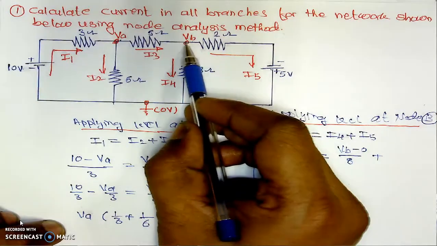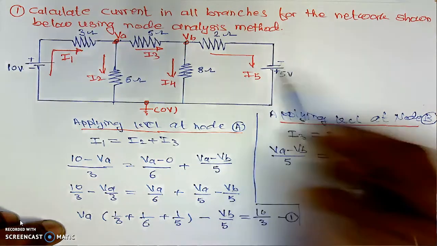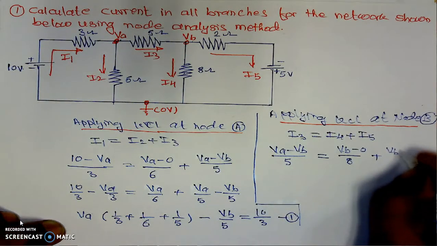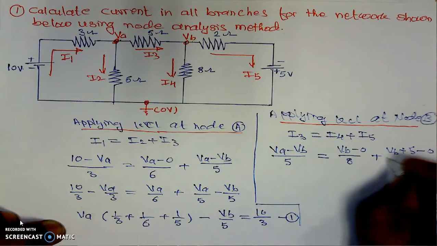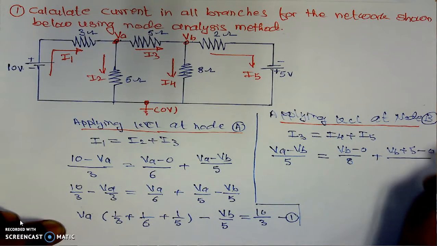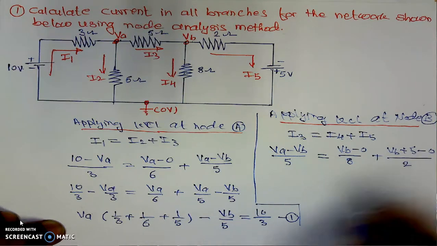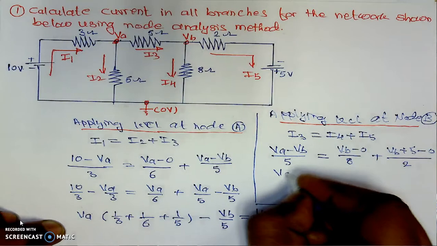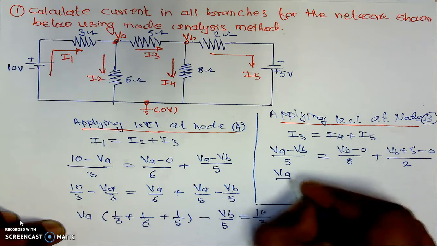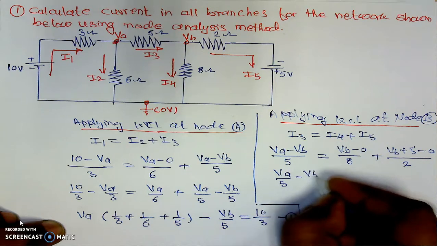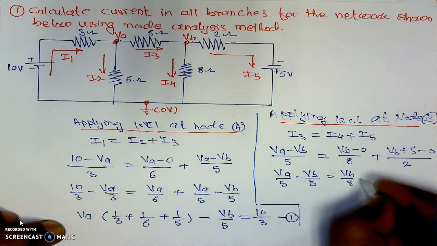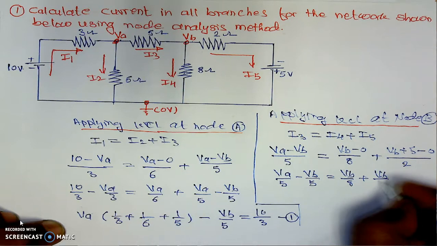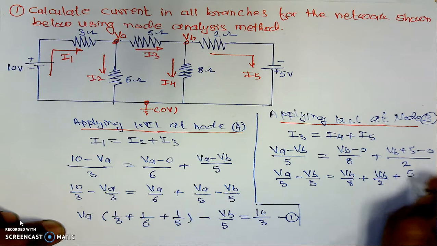Here is the potential VB. We are traveling from negative to positive, that is a plus, so VB plus 5. Then we are coming here, minus 0 divided by, or plus 0 divided by its resistance, which is 2. Simplifying further, it is VA divided by 5 minus VB divided by 5, which is equal to VB divided by 8 plus VB divided by 2 plus 5 divided by